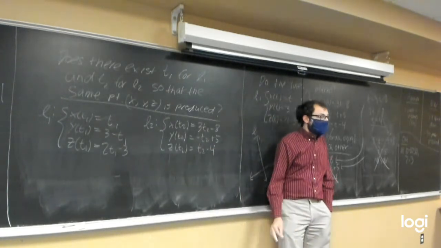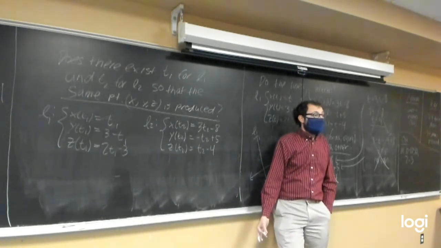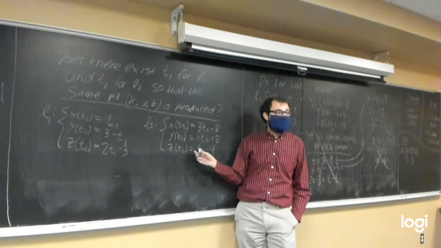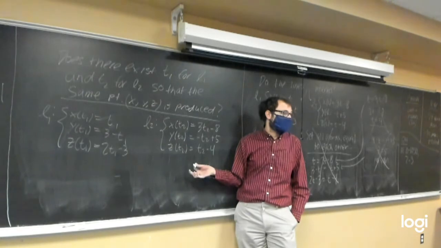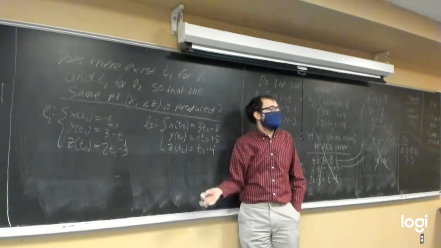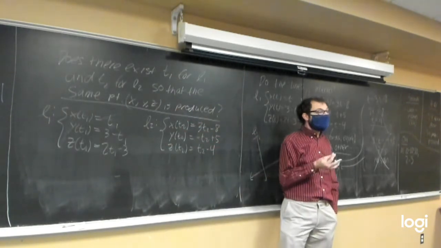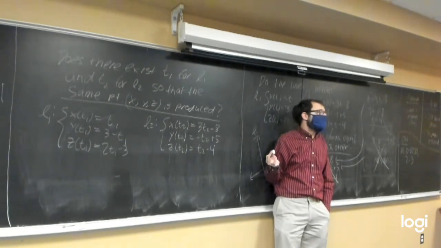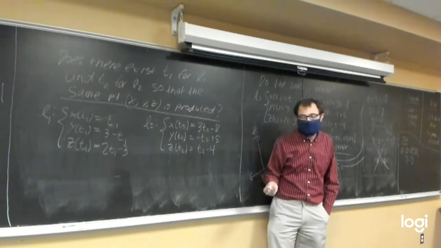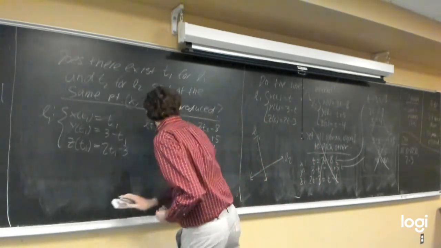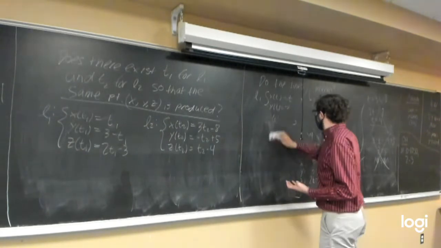Now we need to see, is there a value of t1 for line 1 and a value of t2 for L2 that will make these equal to each other? And to answer that, now I think we can set up a system of equations where instead of everything just being in terms of the same t parameter, we're going to have t1s and t2s showing up. So we get a system of equations that ends up looking like